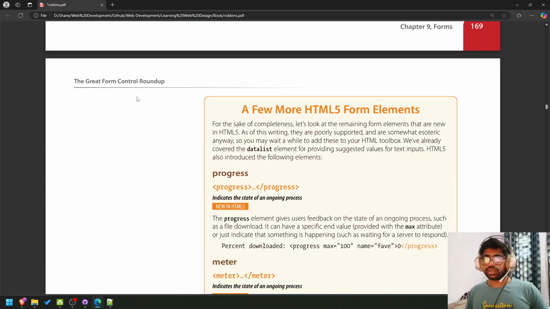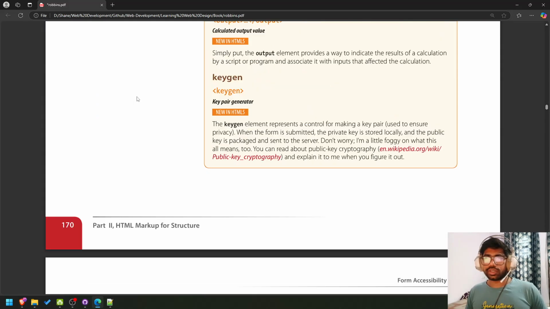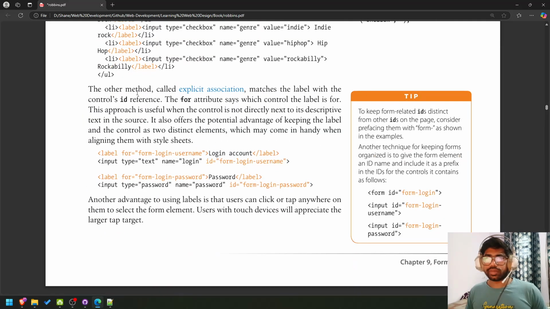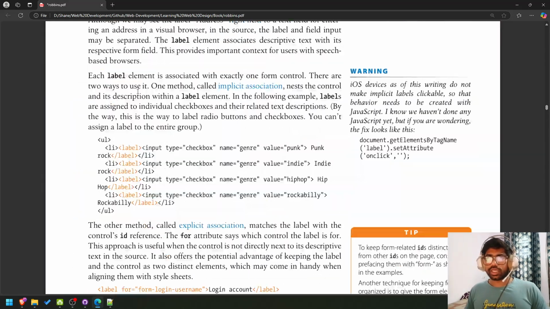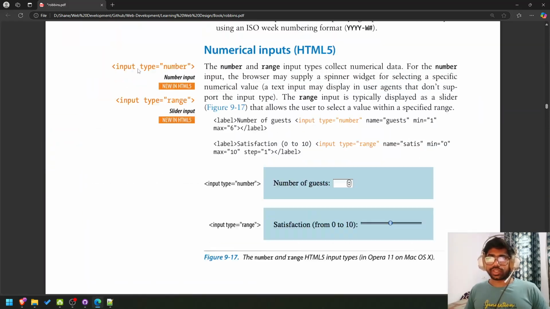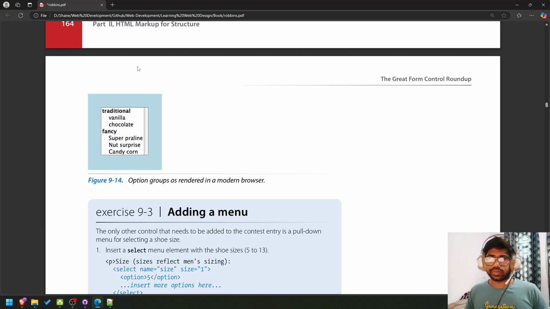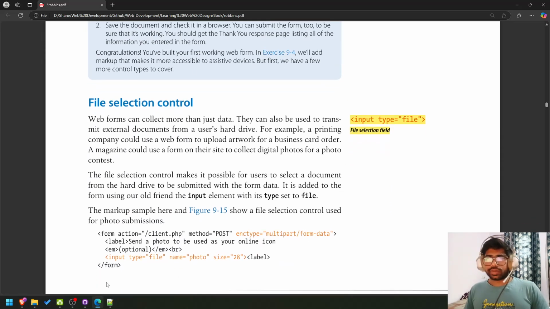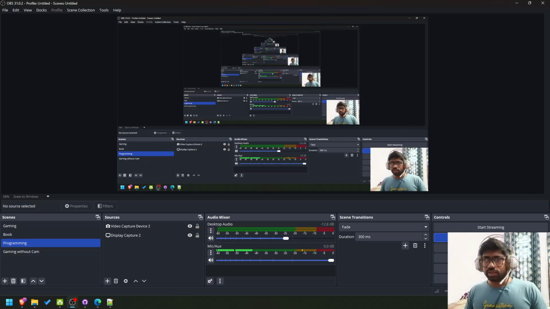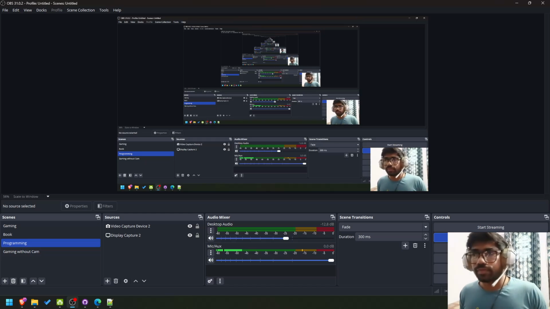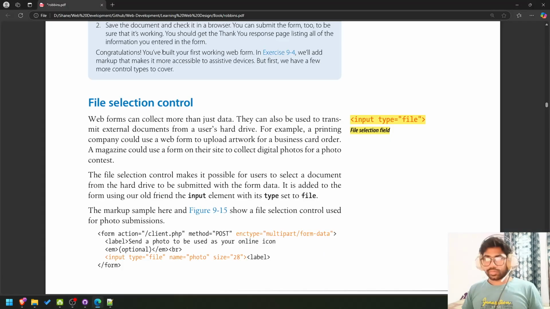Color selector, progress bar, meter output, labels. Okay, I'm almost there. Let me just, okay, so